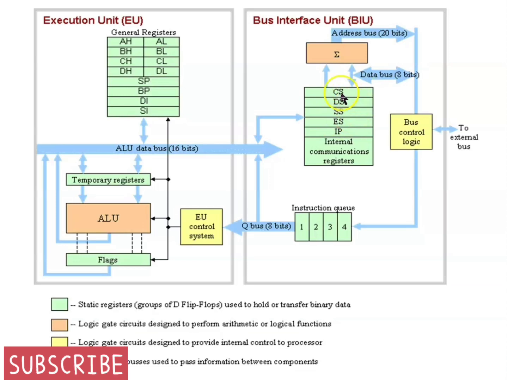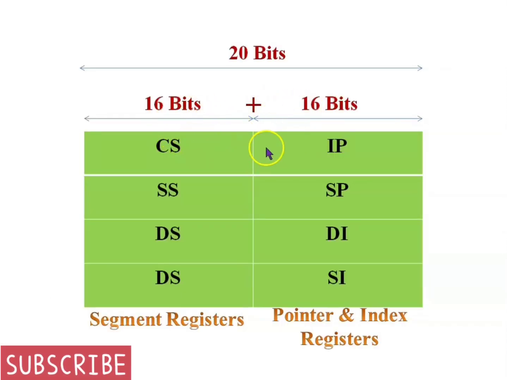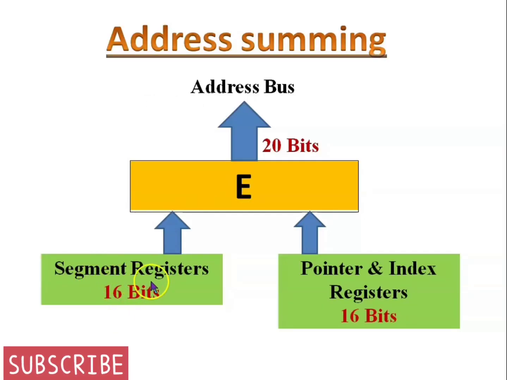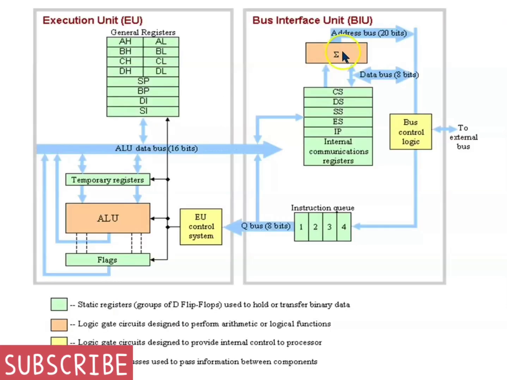If you look carefully, the 8088 address registers are 16 bits wide, but the address space of 8088 is 20 bits. Are 4 of the address lines not used? Of course not. The combination of two 16-bit registers makes a 20-bit address. The 16-bit number from segment registers and the 16-bit number from pointer and index registers are added in the address summing block to make a 20-bit address bus. The address summing block is located directly above the segment registers in the bus interface unit.